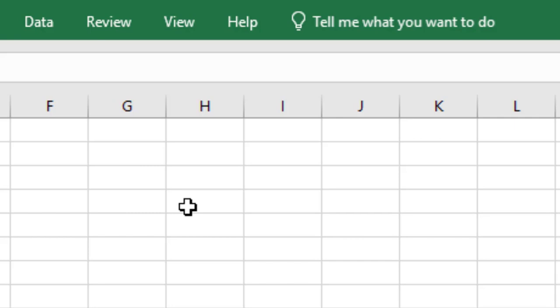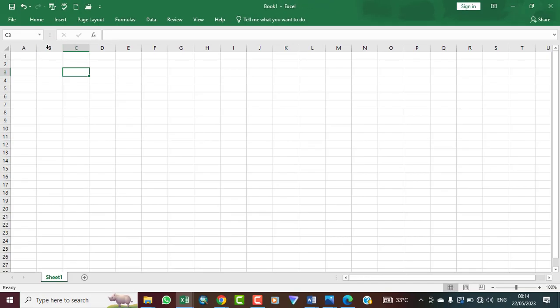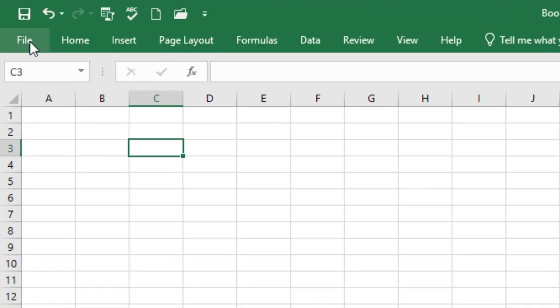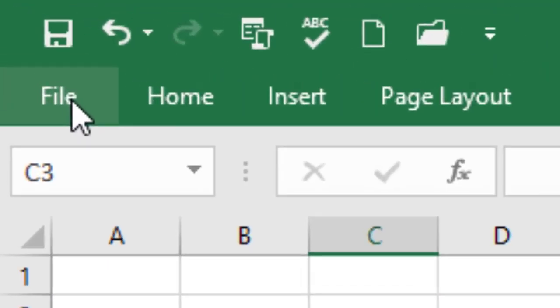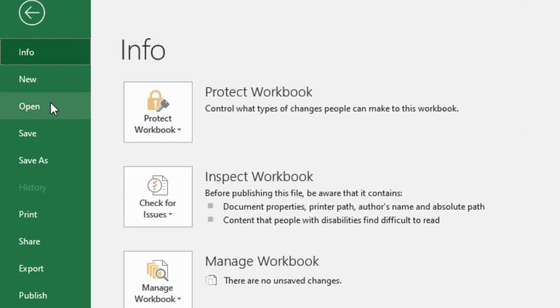Now let's move forward. The very first we have here is the File tab. The File tab takes you to the backstage view of Excel. Click on it like this, and then it shows you a lot. It shows you New, Open, Save, Save As, History, Print, and a whole lot of commands that you can use